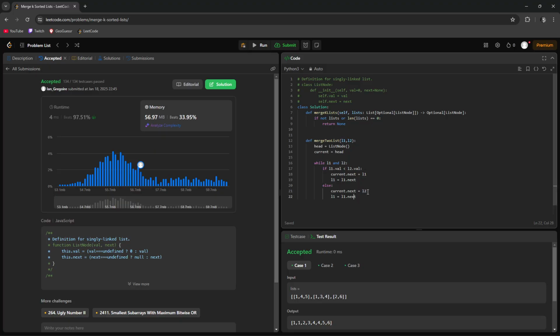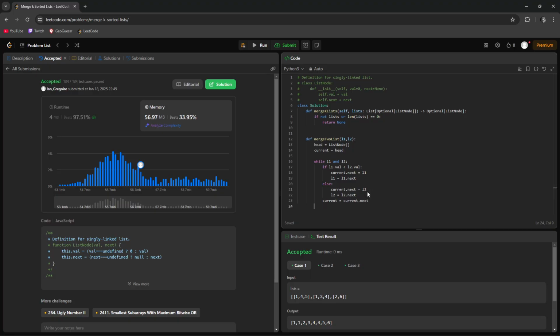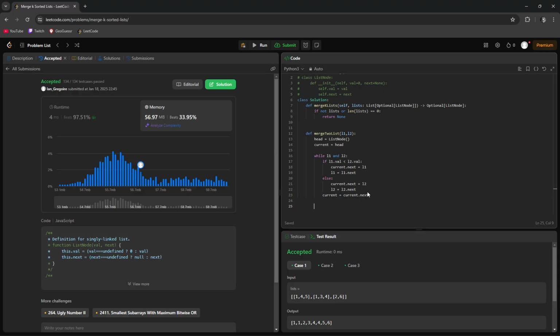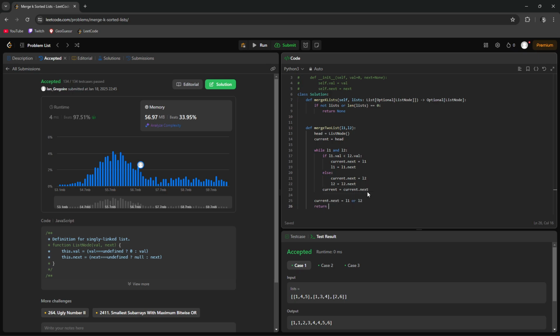And then the same for L2. Current equals current.next. Current.next equals L1 or L2. Return head. And then in our main,